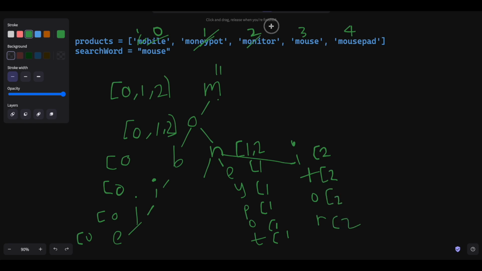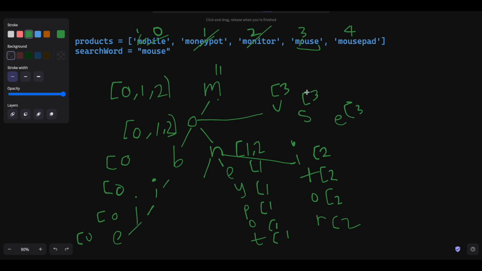All right, we're down 3 words. Our next word is mouse, M. Now, it does share the prefix, M, does share the prefix. However, our suggestions bank is full. So we cannot add this guy, but we continue down the line. Next character is O. O is also full. U is not a child. So we can add a U, U-S-E. And this one, we can finally add 3,